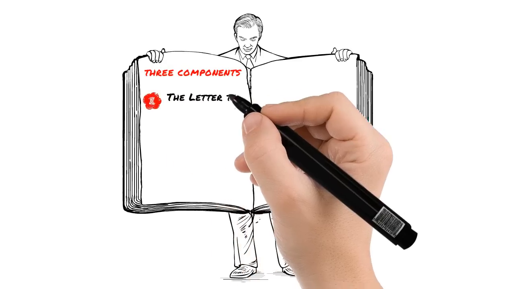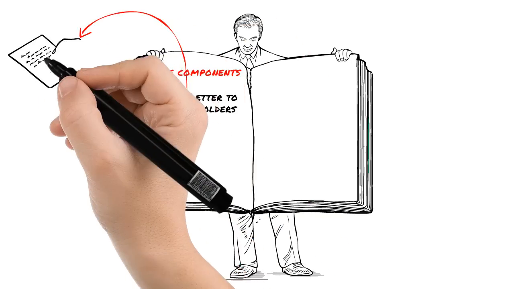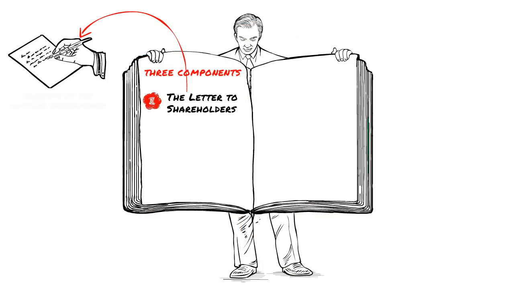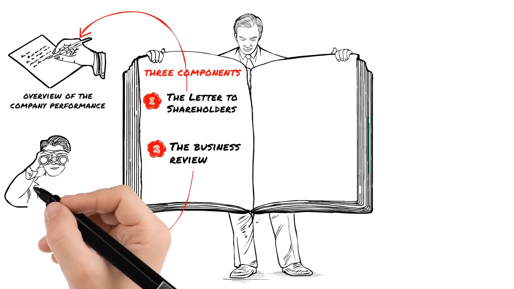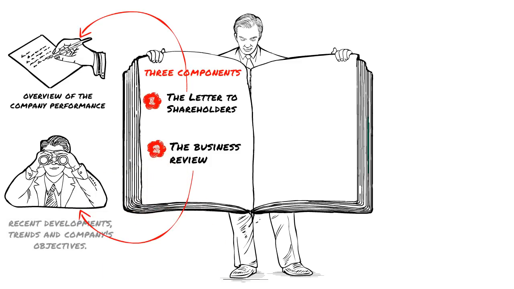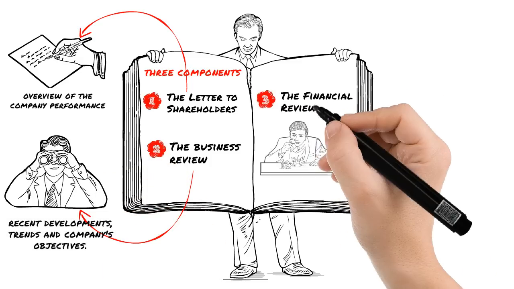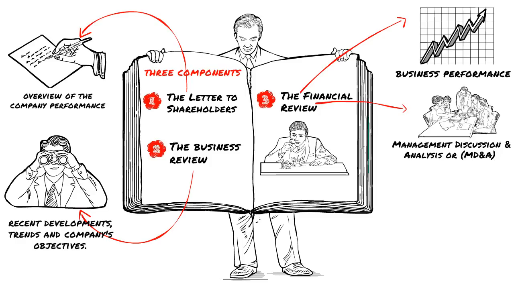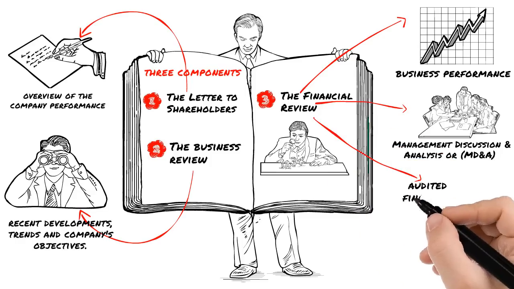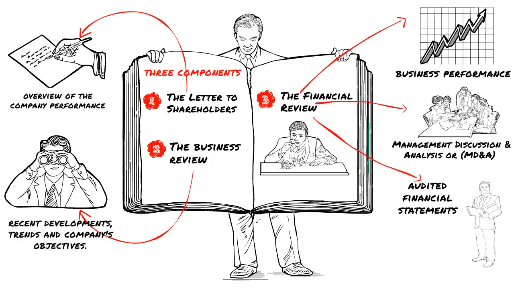The letter to shareholders gives the chairman's or CEO's overview of the company's business and financial performance. The business review summarizes a company's recent developments, trends, group structure, its geographical presence, and the company's objectives. The financial review presents a company's business performance, management discussion and analysis or MD&A, audited financial statements, and other